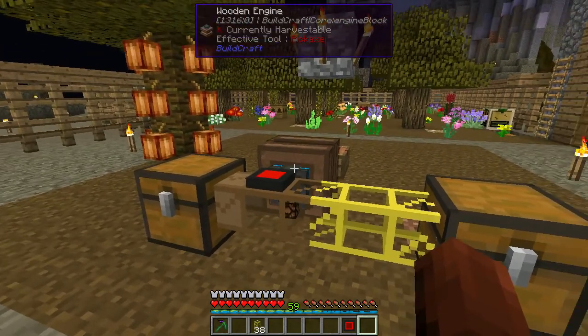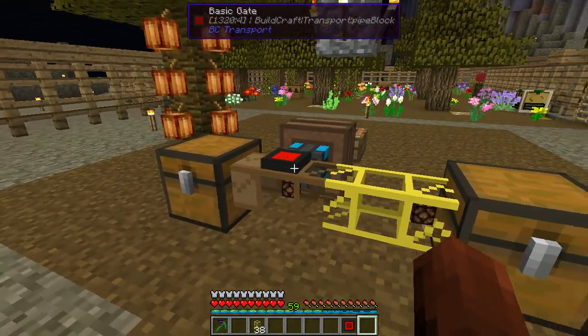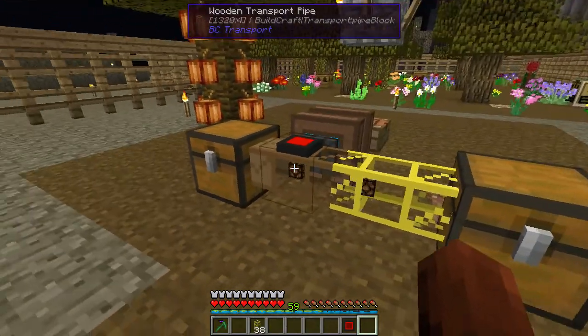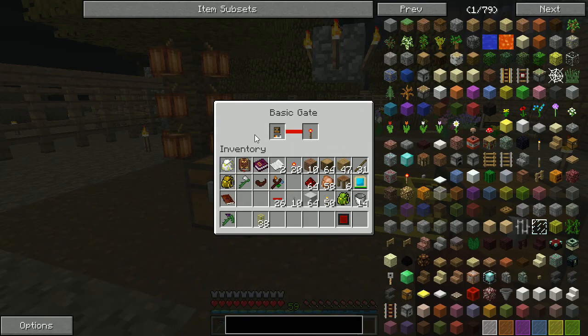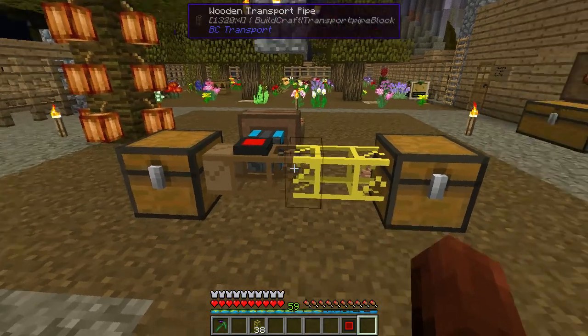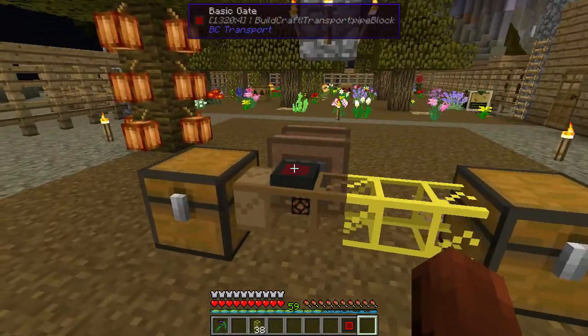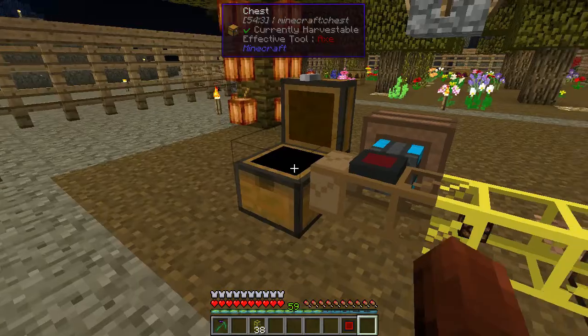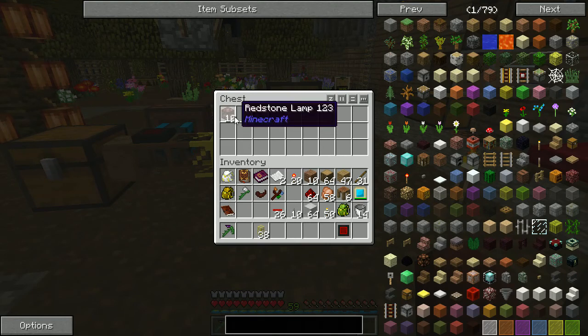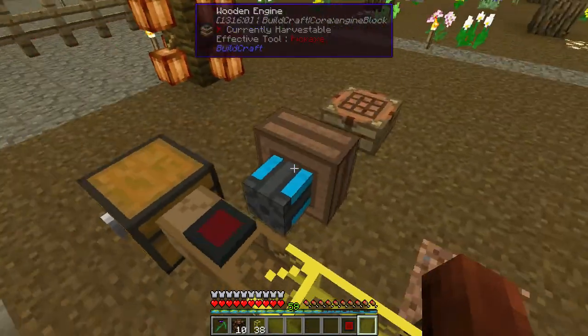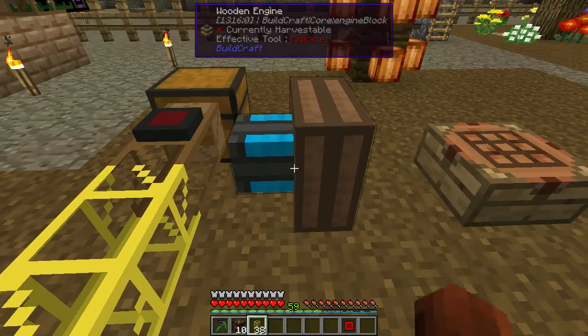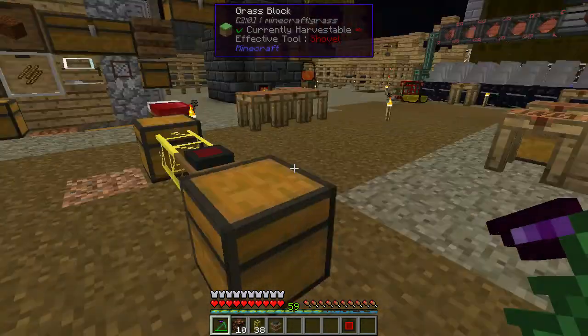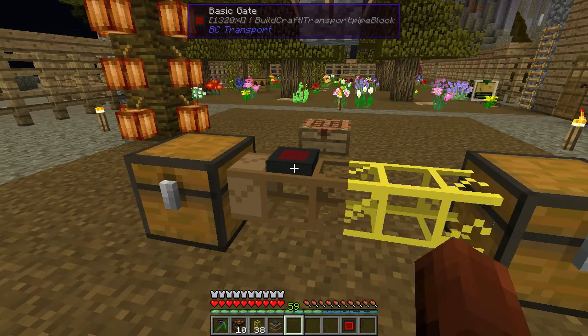And so what we can do is we can use the pulsating one, right? So these have very few states, by the way. We could actually change it on closed, input only, open, output only, and then if there's a redstone signal. So I think that's all of them. So as you can see, this is now off because our guy is empty, and this guy now has 10, right? So if we wanted to do this without the wooden engine, we could use that pulsating autarkic one,